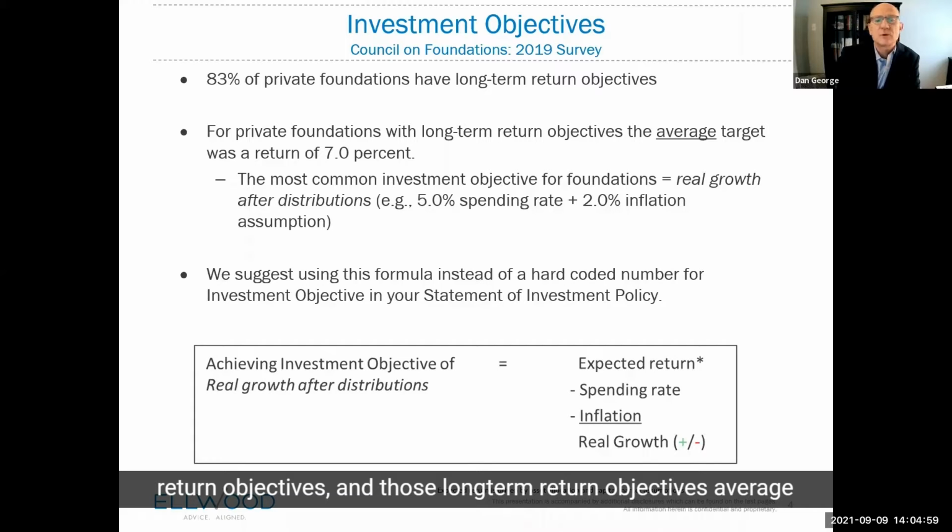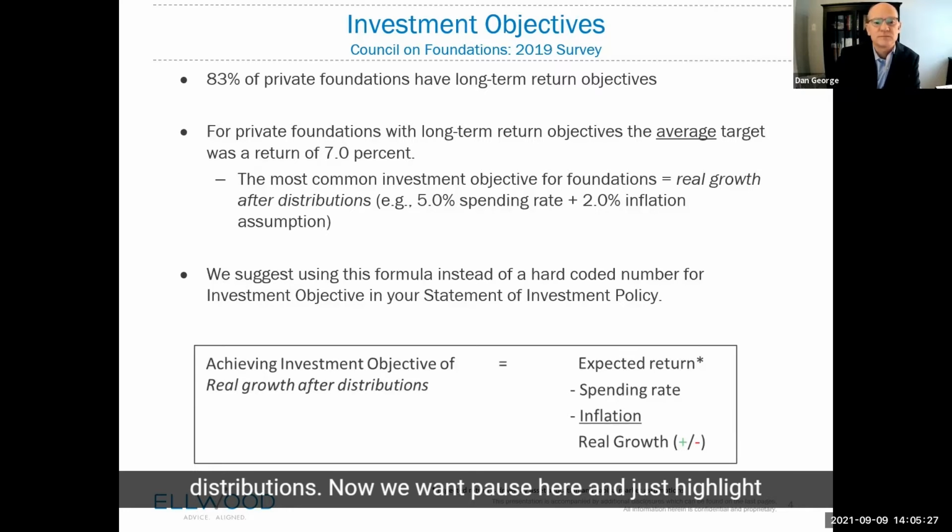And those long-term return objectives average out to a target of about 7% when we look across the entire survey. And that's very consistent with our typical investment objective of real growth after distributions, which is a 5% spending rate, typically plus a 2% expected inflation assumption. So when we add those together, we back into the return objective to meet long-term investment objectives of real growth